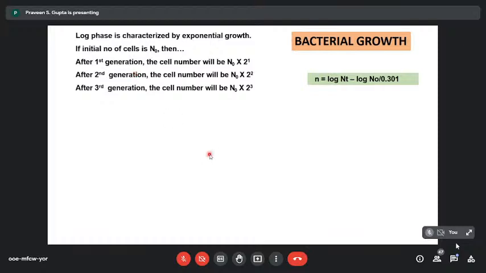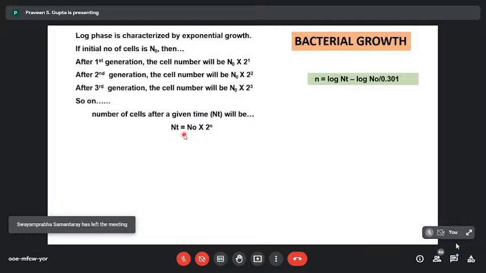So finally, if you go on after n time periods, you will have one type of equation for the number of bacteria after time period t. Say, for example, I start with 100 bacteria, and I provide nutrient properly. In the initial phase it is fine, they are not growing. But in the log phase, this 100 bacteria becomes 200,